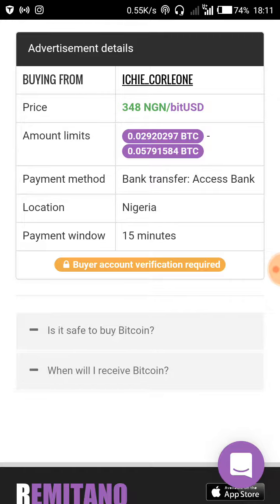And if you're the one selling, Remitano will collect the Bitcoin from you and hold on to it. So when the buyer sends the money to you, you tell Remitano that you have received the money and the Bitcoin is sent to the buyer. Now, within that 15 minutes period, if anyone fails to complete his own part of the transaction, you can simply notify Remitano and it will be rectified.